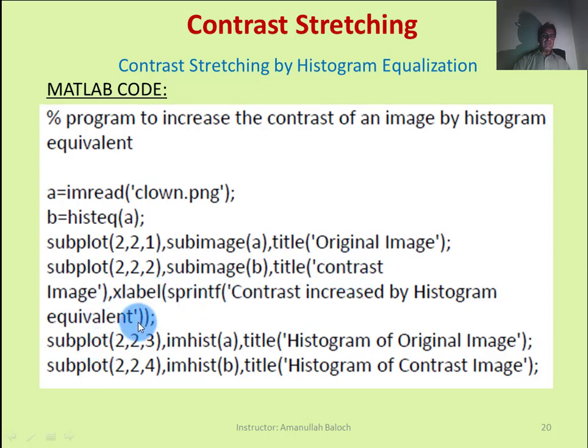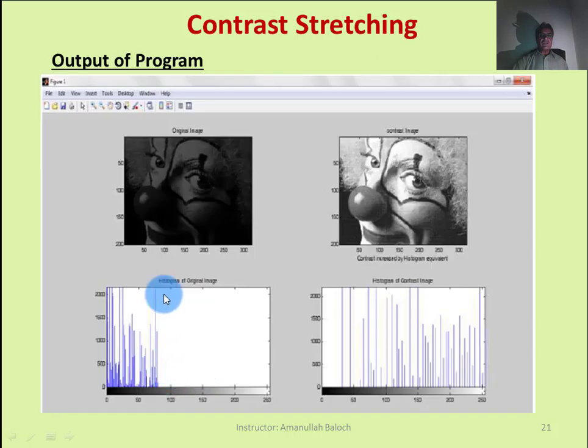At the third location, we will display the histogram of A, the original image histogram. And at the fourth location of the 2 cross 2 grid, because 2 cross 2 means there are 4 locations in the subplot, we will display the imhist image histogram of the transformed or enhanced image, that is the B image.